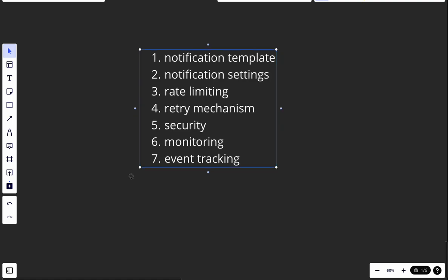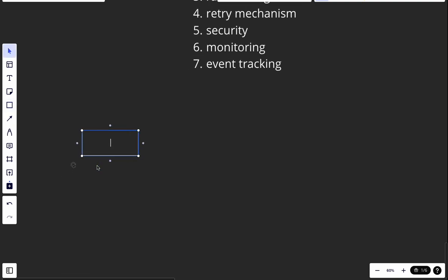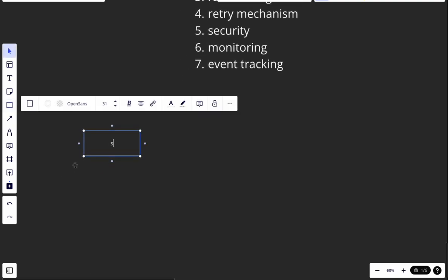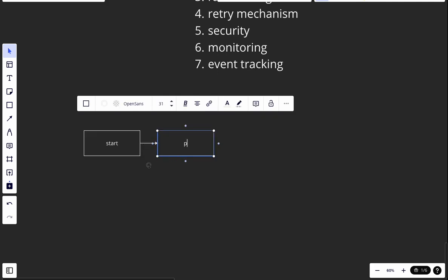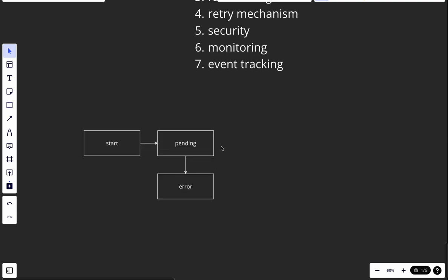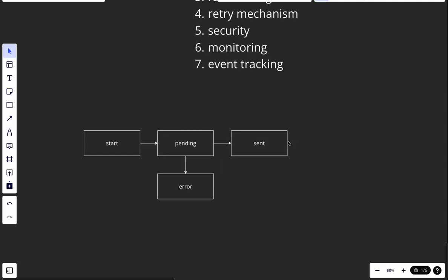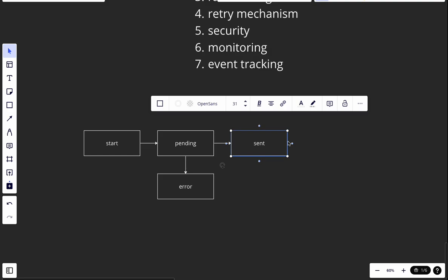So let's just see how the flow of this thing actually works. For example, let's say that we have the notification start here. So we go to the pending state, and from the pending state we could have two states. One is error, and the other one is sent. And from the sent state we also could have